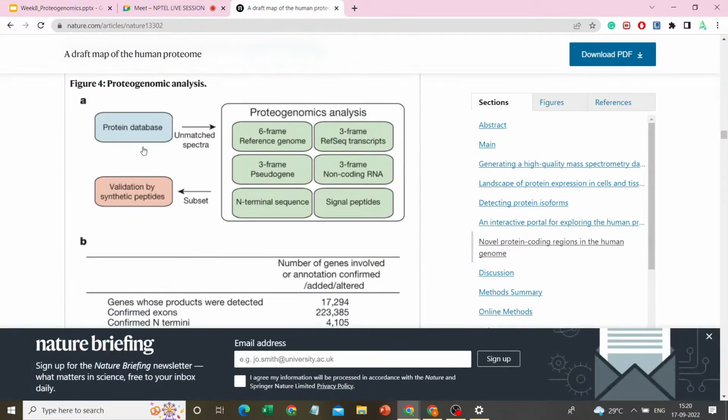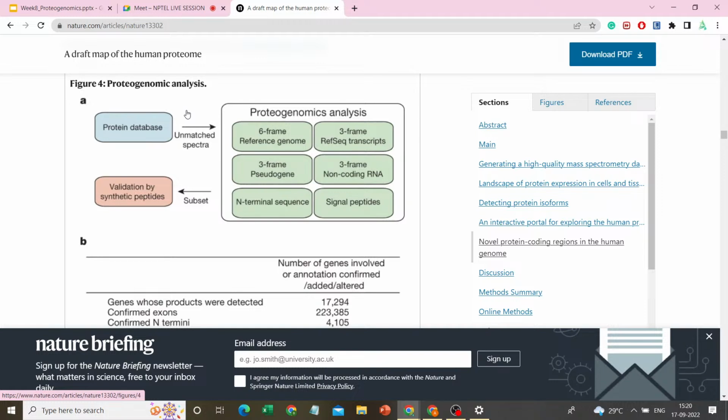So you can see the protein database which was unmatched with the spectra with the RefSeq database. The RefSeq database is one which does not contain any redundant sequences. Now, when the protein sequences were searched against those